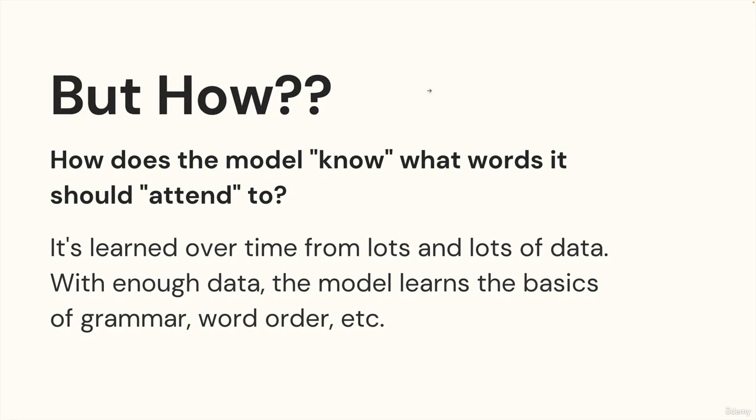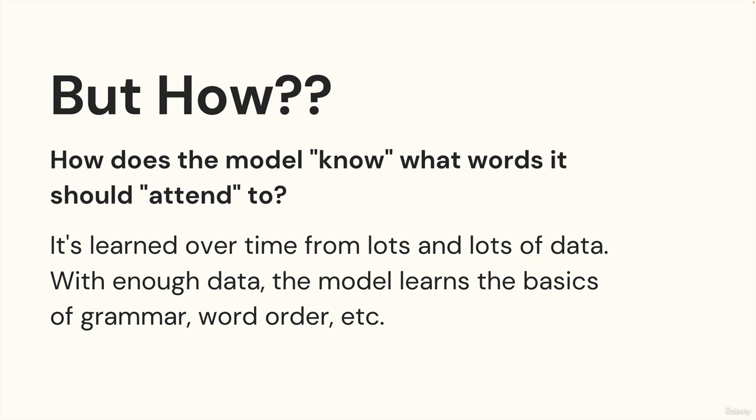Now, how does this work? Well, basically, it's learned over time. How does the model know that Syria is correlated to la Syrie, multiple words in French? How does it know to attend to la and Syrie in that example? Well, it's learned over time from tons and tons of input data, and with enough data, the model will basically